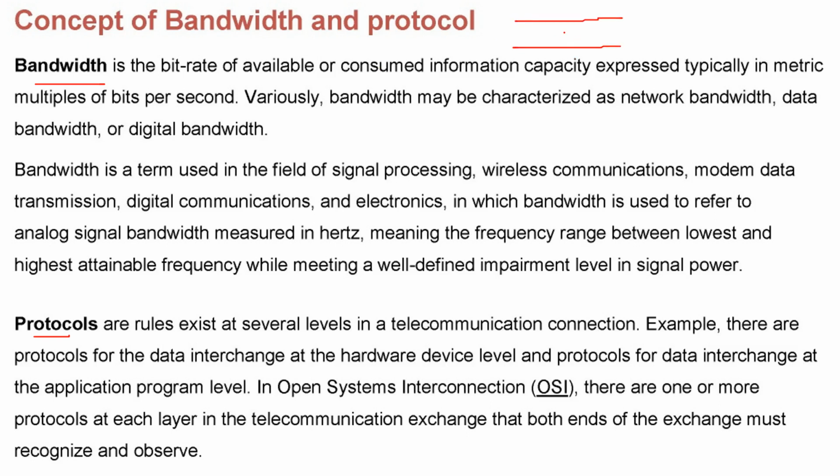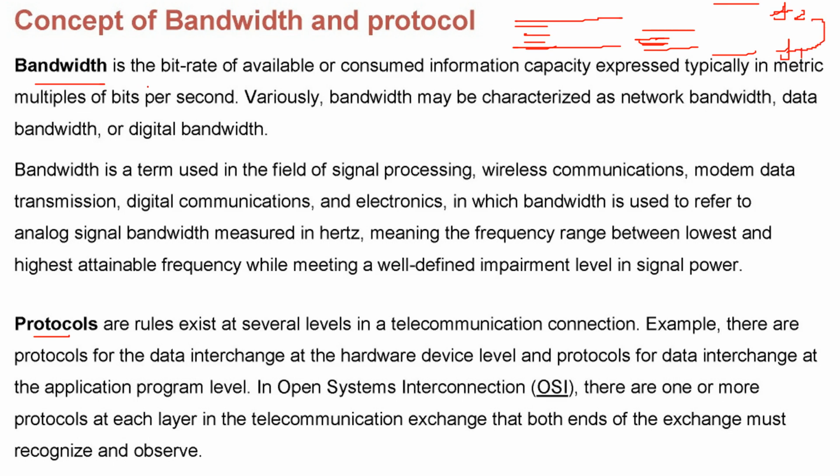I can explain bandwidth in simpler terms: this is a pipe, so water can flow like this. If I have a pipe of a little less width, less water, or less data, can flow. Similarly, if I have a bigger one, more data can flow. So this is the bandwidth. If this is F2, the highest frequency, and this is F1, the lowest frequency, the difference F2 minus F1 is the bandwidth.